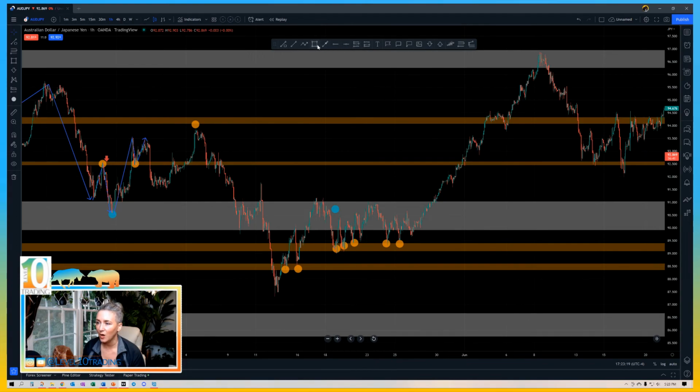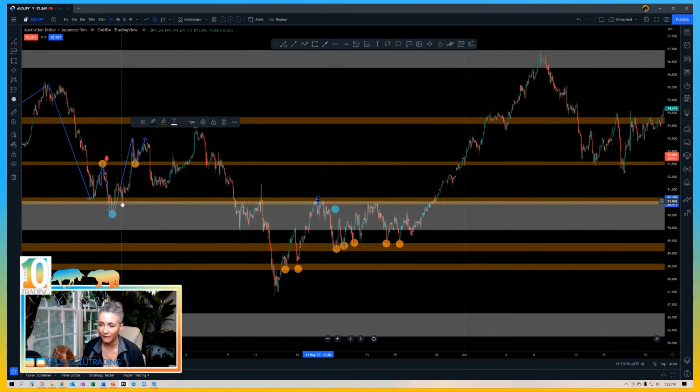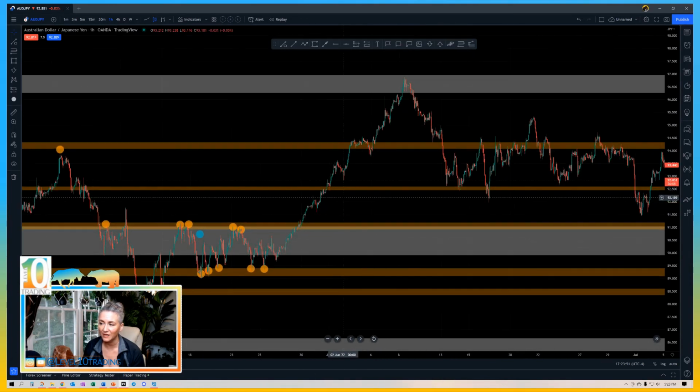You also see right here, even though it's part of another zone, that there's a zone right here. You have price bouncing. Right here you have another bounce, one here. You've got a bounce here. You've got two retests right here after price broke back through, came back and retested, which is a valid break and retest. You have a bounce here. All of those could have been sell entries right here